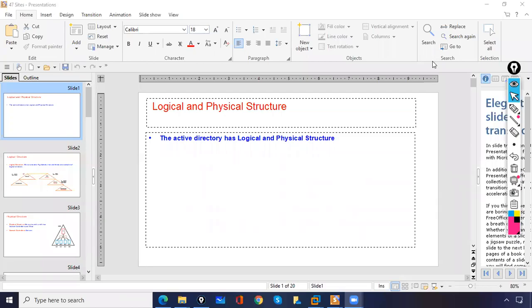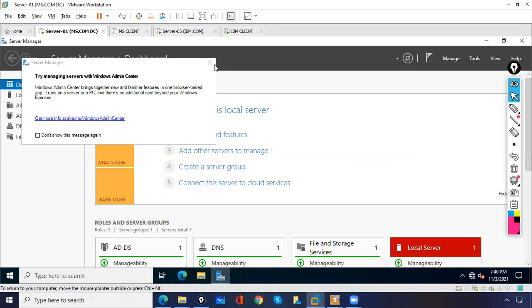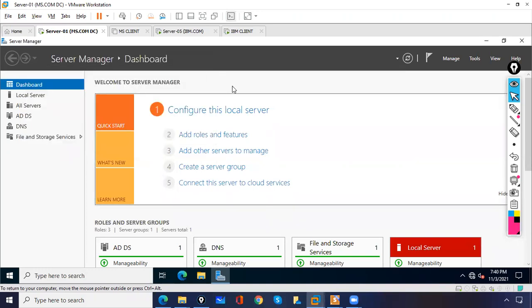So guys, we are going to discuss a new topic called sites. Before moving forward, you should know this option. Whenever we create a domain controller,